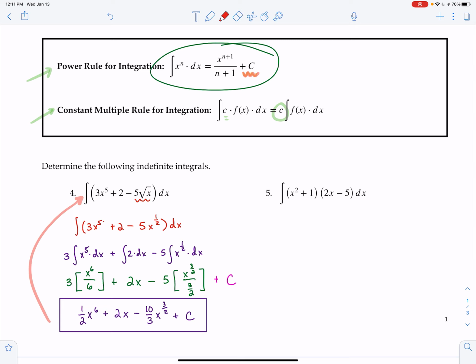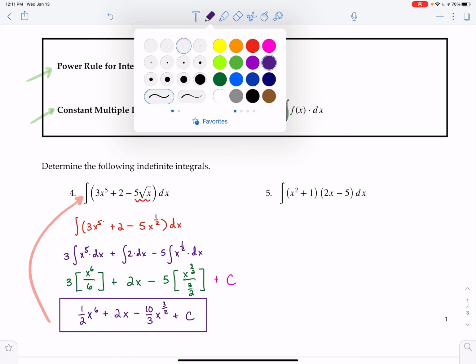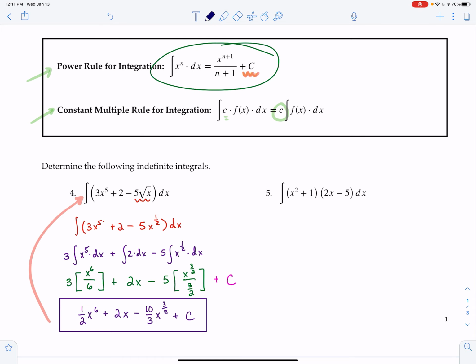Okay, number 5 looks a little more involved, and you might be saying to yourself, oh man, is there a product rule for integration? Sadly, there's not, at least not yet. So what I'm going to ask you to do might seem a little counterintuitive, but I'm going to ask you to multiply these two factors out. So we are going to say that this is equal to, and we're going to distribute, x squared times 2x is 2x to the 3rd minus 5x squared plus 2x minus 5,